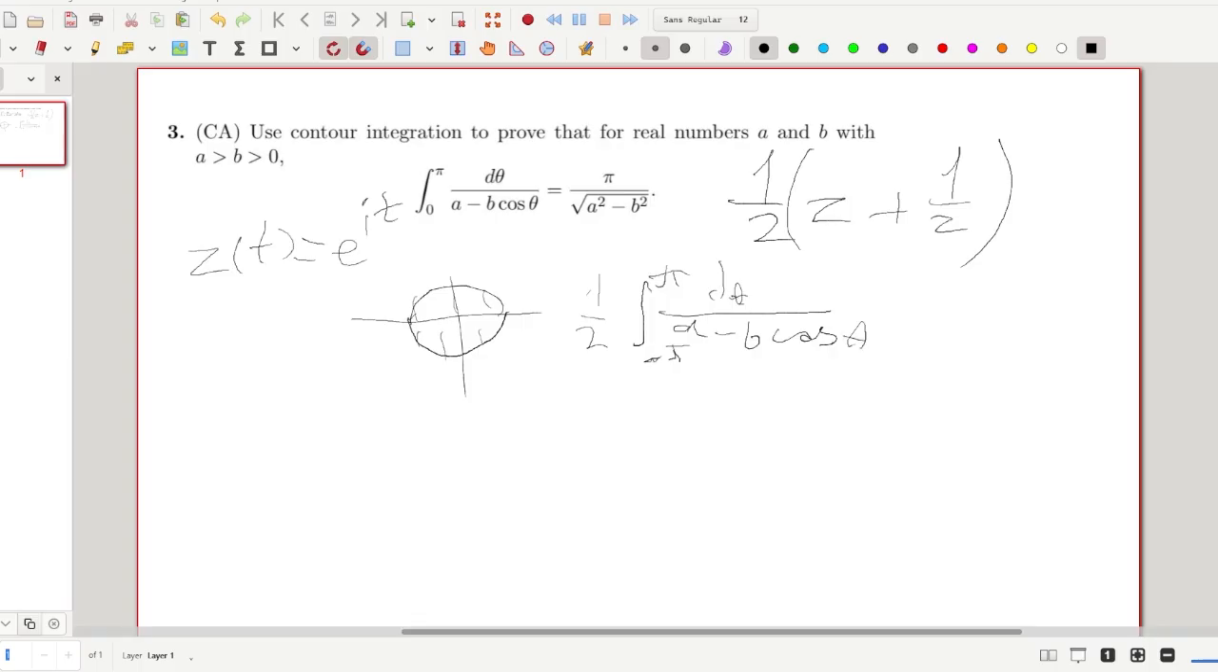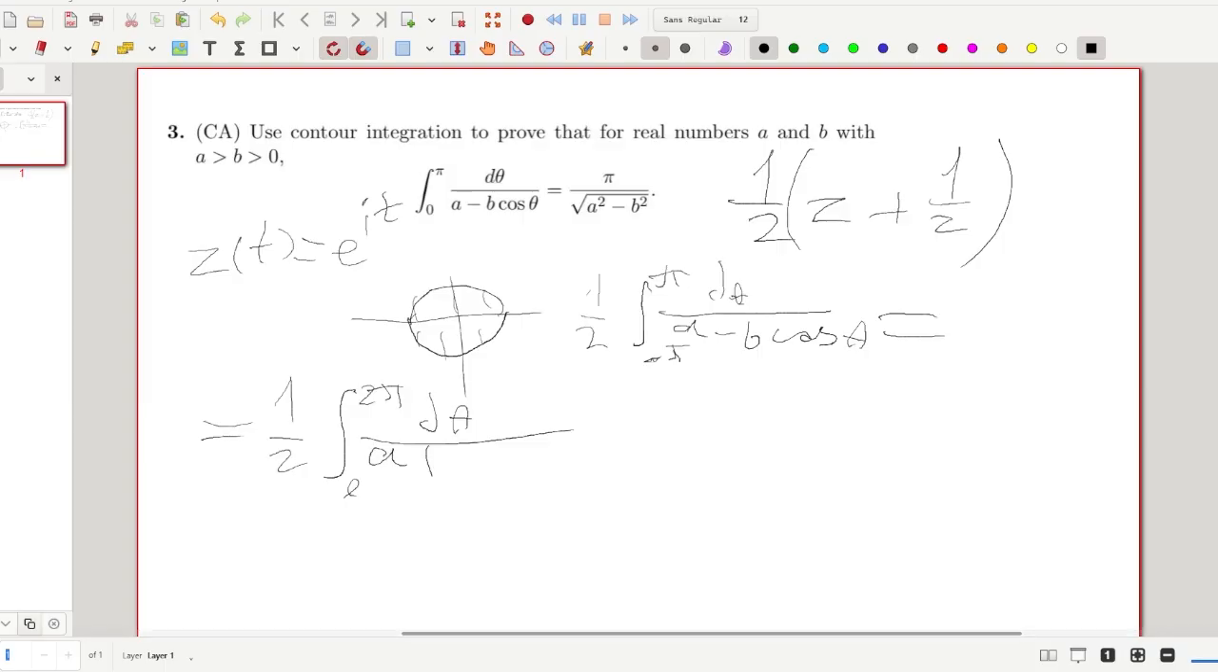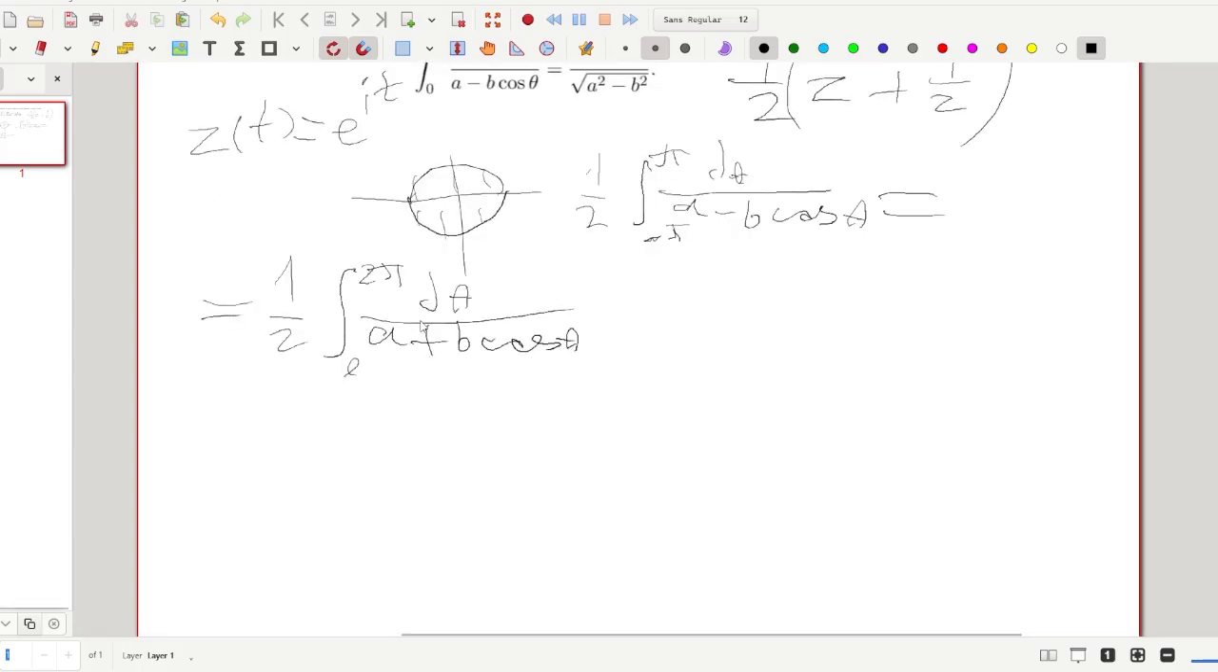And now, since I don't want to deal with a bunch of minuses, I'm gonna shift the bounds. We're gonna have 1 over 2 times the integral from 0 to 2 pi of d theta over a plus b cosine theta. So we get ourselves a nice integral, and what I'm going to do next is I'm going to turn it